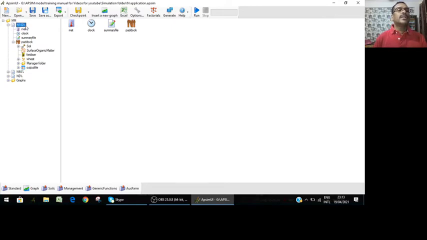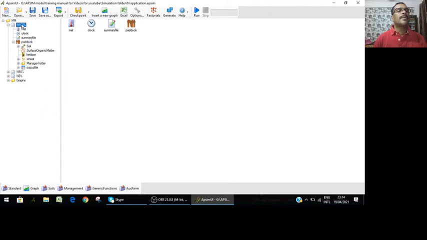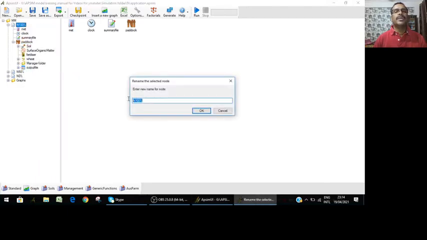That's why this is 100% nitrogen. As I told you earlier, simply by right-clicking over it, you can rename it, for example to nitrogen 120 kg per hectare.